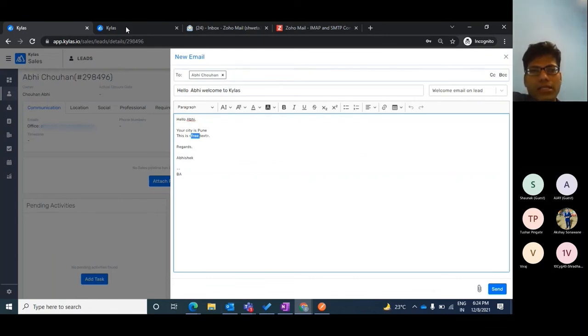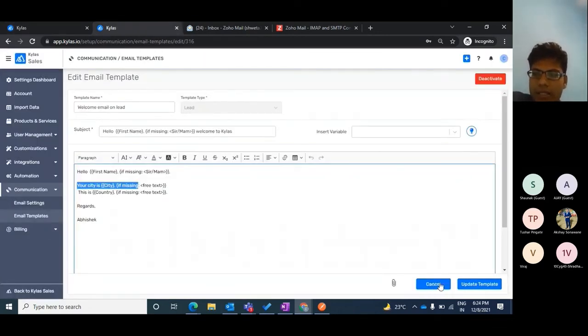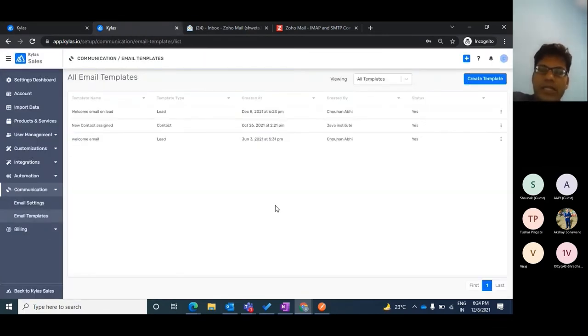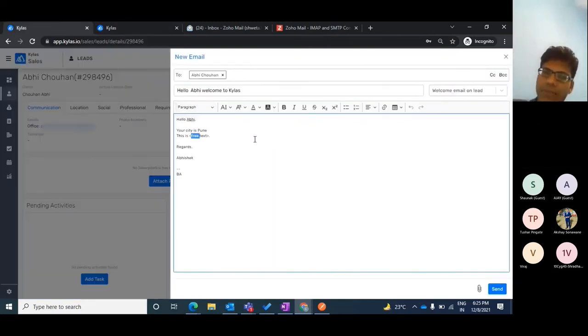Okay, so this is how I can reduce my redundant time in composing emails every day about the same pattern. So these thank you emails, welcome emails, or sometimes emails to your own colleagues about a particular thing can be templatized, and you just need to replace some variables and the template is ready.